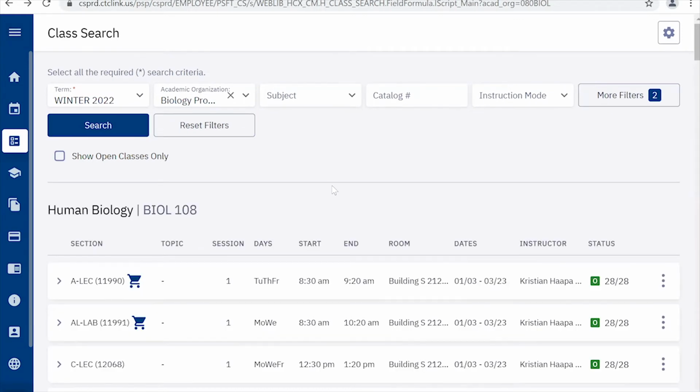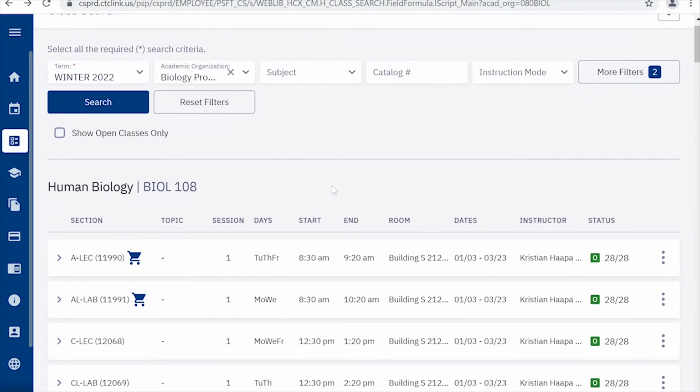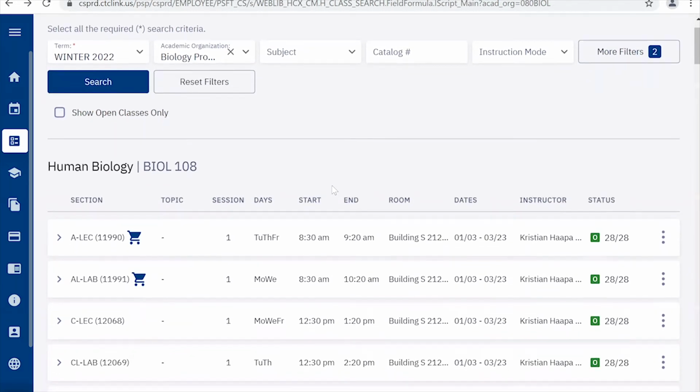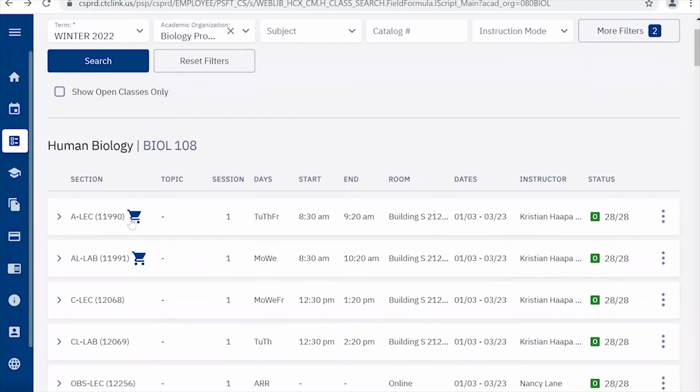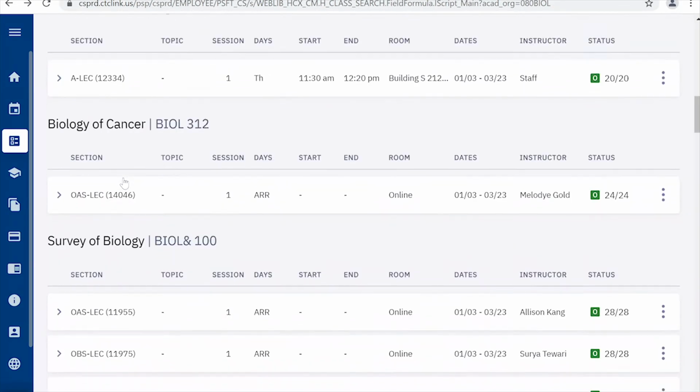And I see that it looks like you put that biology 108 in your shopping cart. Interesting. It has the shopping cart little logo next to it. Yeah. But let's find something else. Let's say, oh, actually, I didn't really want biology 108. Maybe you want biology 160. You can go find a biology 160